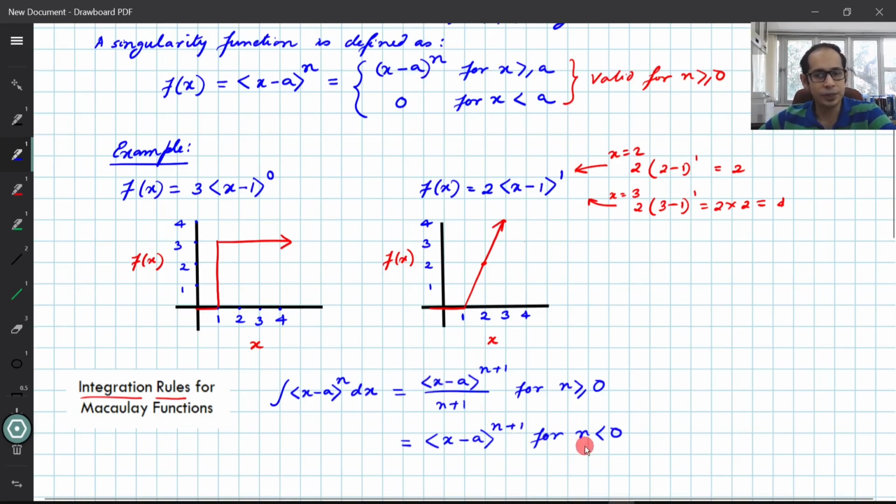And the second rule is that when n, that is this exponent, is less than 0, in that case you just have the exponent go from n to n plus 1, but there is nothing in the denominator over there, right? So now what we are going to do is, for our different loading cases,